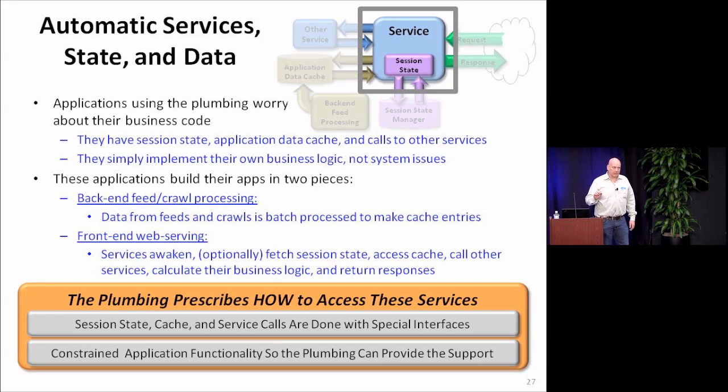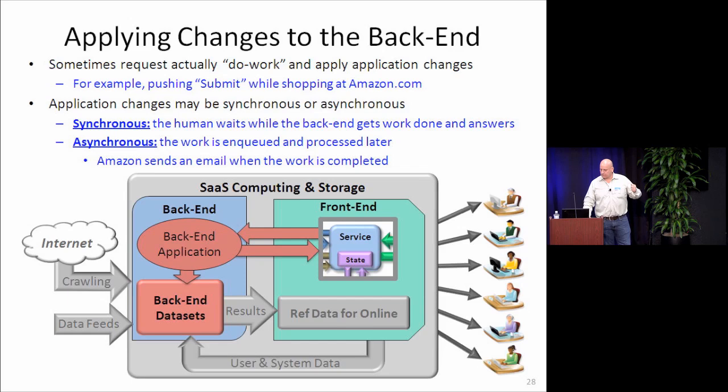And the plumbing should say, this is how you use it. You are coming to live in an apartment building, and you cannot barbecue in the kitchen, right? You cannot make a swimming pool in the living room, right? These are things that are constraints. Here's how you use the front-end software as a service support, and because of that, we will do these magic things for you, okay? Very much like being in a condominium.